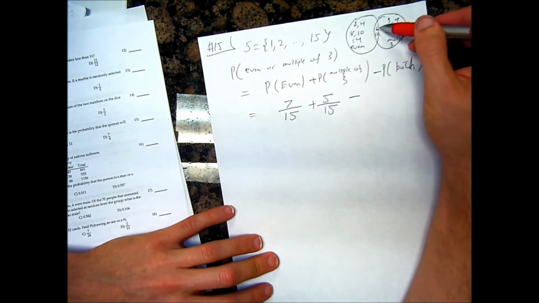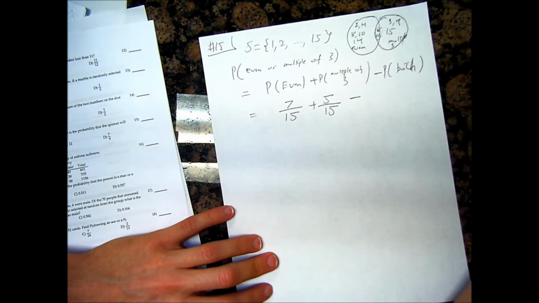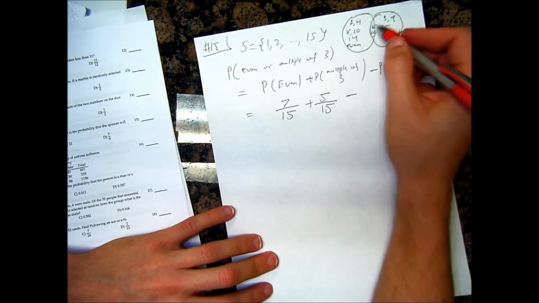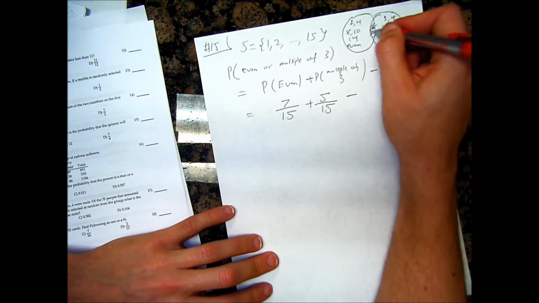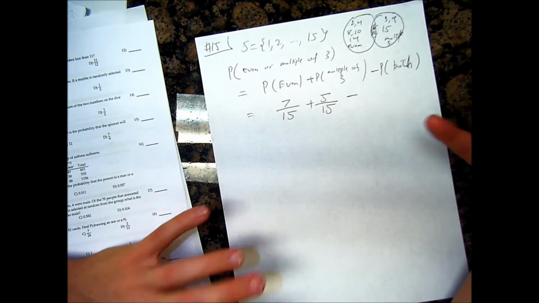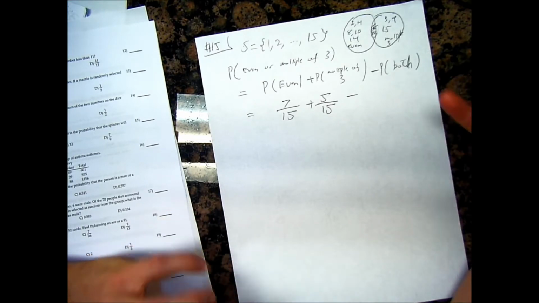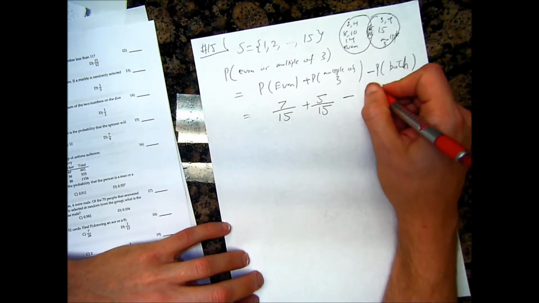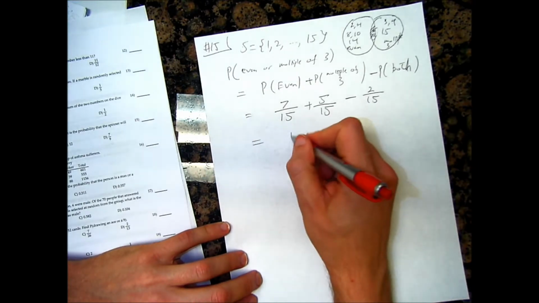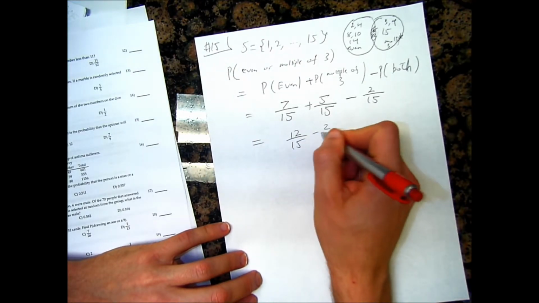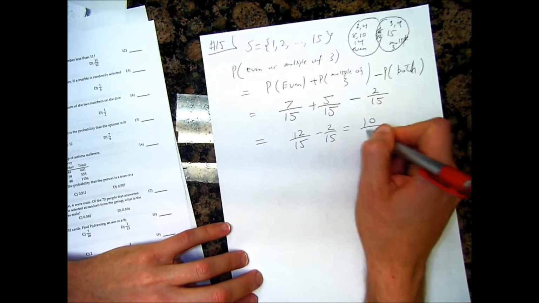But you notice how I counted the 6 and the 12. I counted them twice. So now I subtract the overlap. I subtract that away. So the 6 and the 12 are both even, and they're both a multiple of 3. So I subtract away those 2. And we end up with 12 out of 15 minus 2 out of 15, which is 10 out of 15,